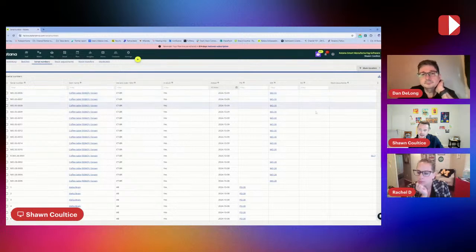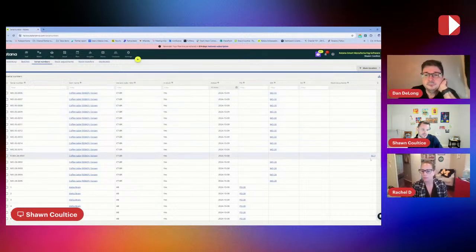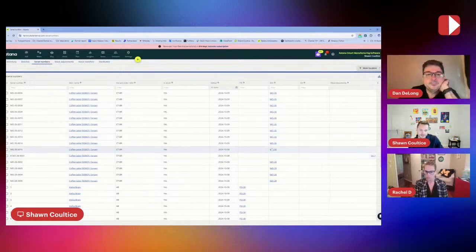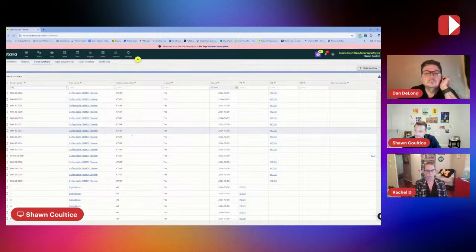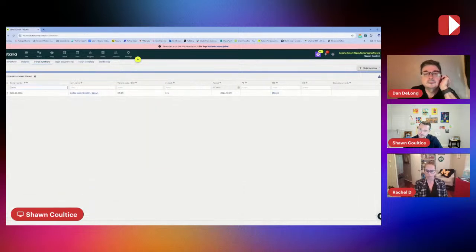If there was a transaction or stock adjustment done relative to that serial number, you'd see that as well. So all that information is available here, and you can click through to find it. And there are these filters in place. So if you do get that call where someone's on the phone saying, hey, I'm calling you relative to serial number 006, you can go and find that in the system really quickly. And hey, here's the manufacturing order it was produced on,